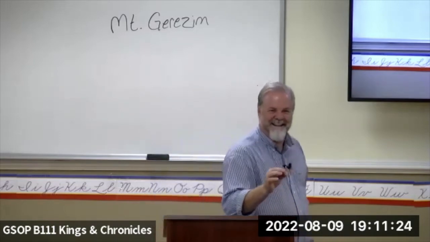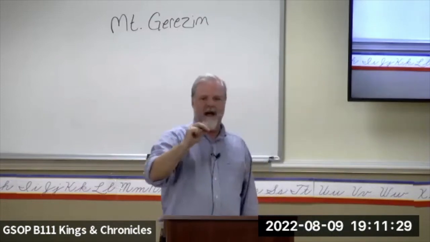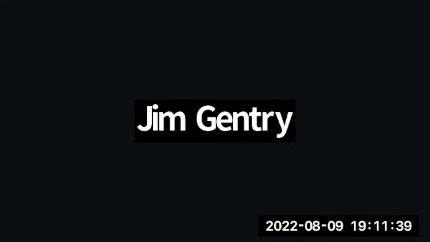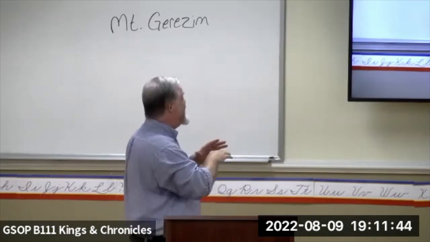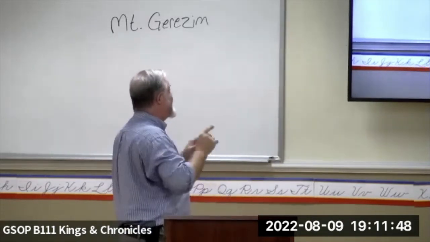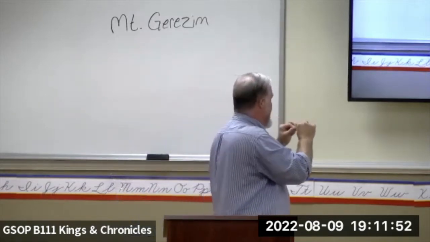Now, I want you to think about that for just a second. Look at God's mindset. God did not allow David to build the temple, did he? Why didn't God allow David to build the temple? Because he was a man of war. He had shed not just a little bit of bloodshed. David had shed gallons and gallons of blood necessarily, and at the word of God, but still God says, you are not going to build my temple.